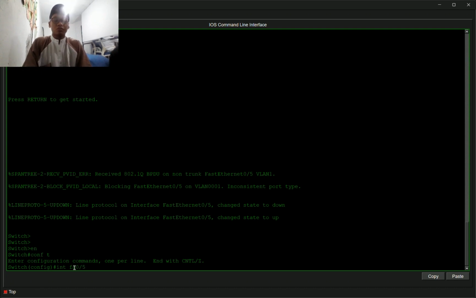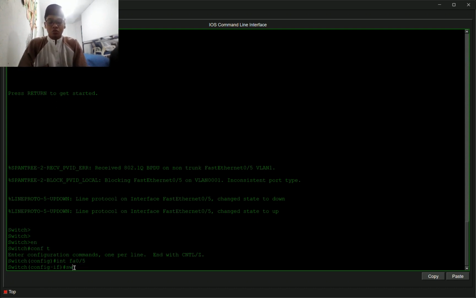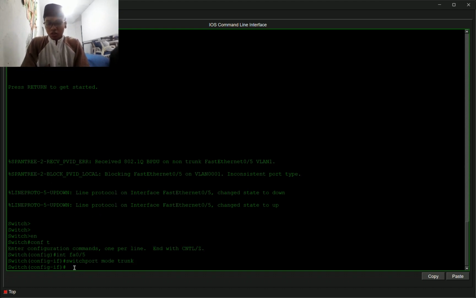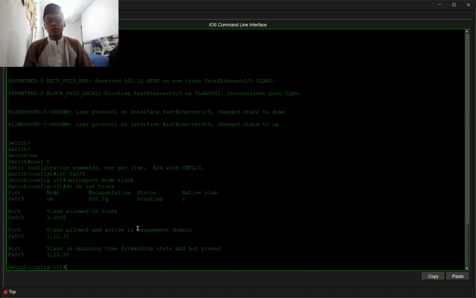Process, enter switch port for the tab and the PC. Show interface tab, then the RAM is on.